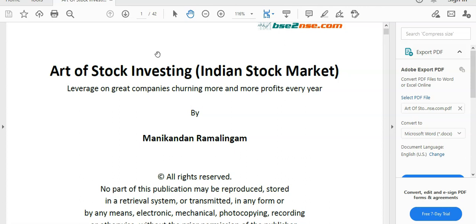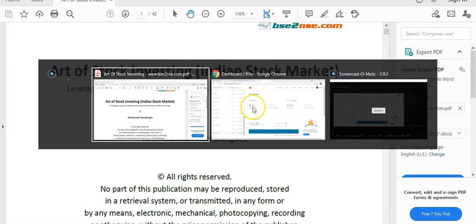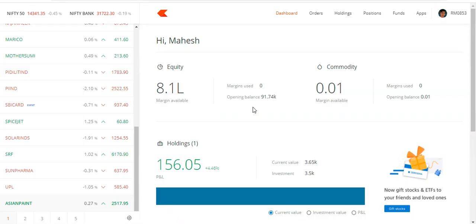Now let's get back to the current topic, which is GTT. Before we start on understanding what a GTT order is, one needs to know why we need such an order type in the first place. What is the use case? Say you are a long-term investor and you feel the market has run up a lot, and the stock you wanted to invest in has already moved a lot, and you don't want to buy at the current rate.